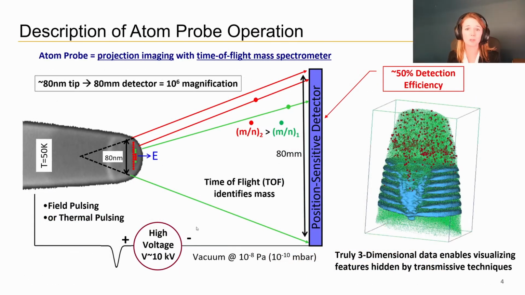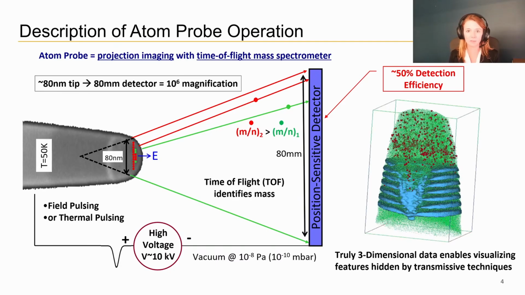So in atom probe, we start with a needle-shaped sample. This is extremely small. The end radius of this needle is somewhere between 50 and 100 nanometers. We can then apply a standing voltage to the specimen so that the ions are almost but not quite ready to evaporate from the surface. We then give the sample a little bit of extra energy in the form of more voltage or a thermal pulse from a laser. That essentially causes the ions on the very surface of the sample to evaporate one at